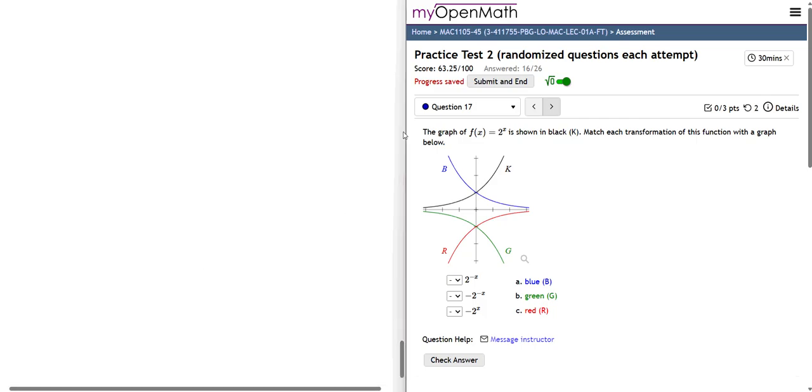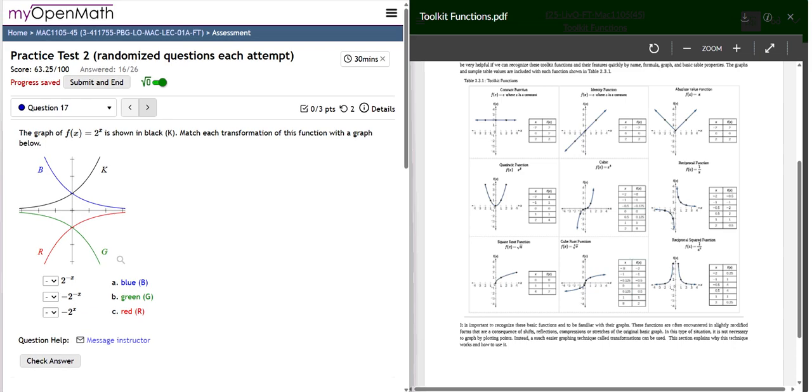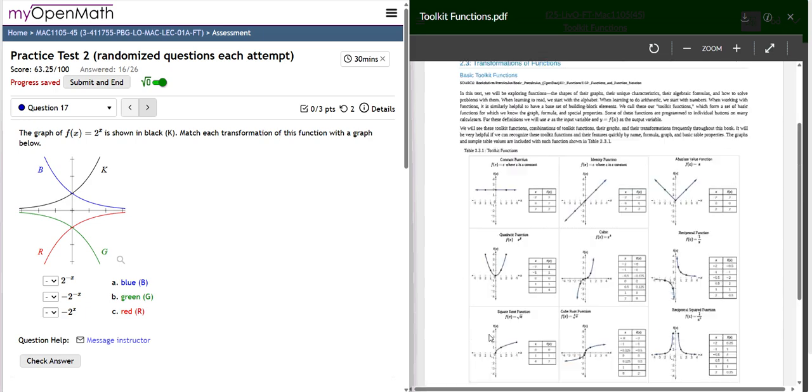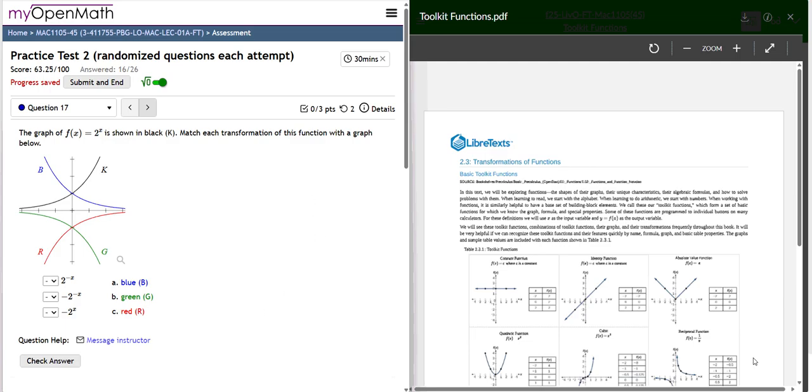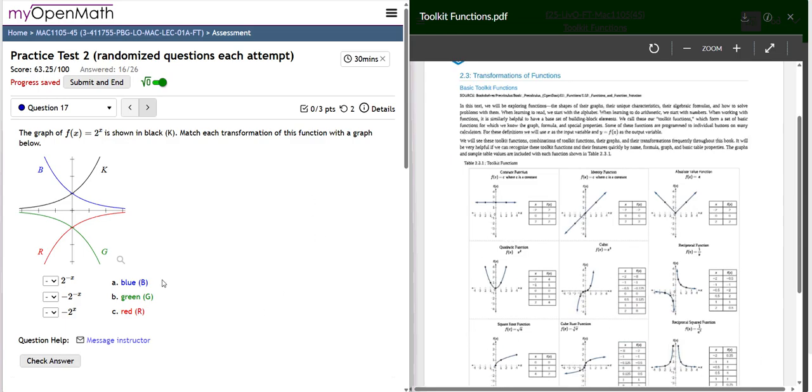All right, now we're going to do some transformations here. What you might want to do is look again at the toolkit functions, because these all look like, I guess they look like versions of the square root function. Actually, they're exponential, and that's not on here. So the exponential function is a J-curve. The J-curve looks like